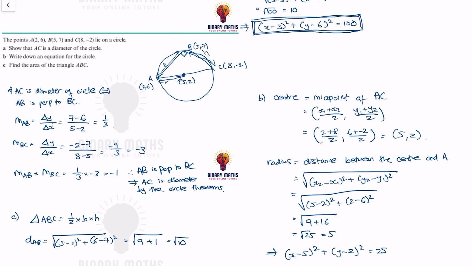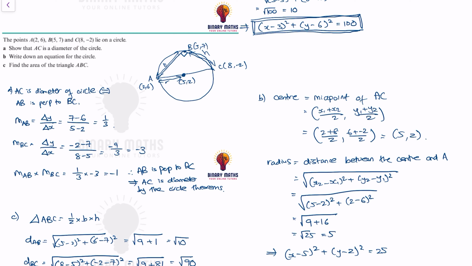Next thing I need to work out is the distance between B and C. Okay, if I do that, I get 8 take away 5 squared plus minus 2 take away 7 squared, which gives me 3 squared, which is 9, plus minus 9 squared, which is 81, which gives me square root